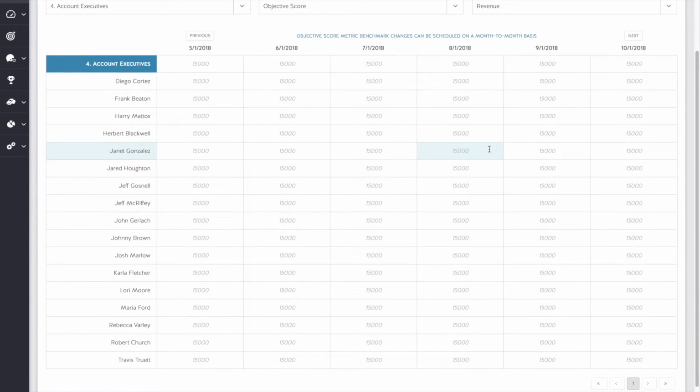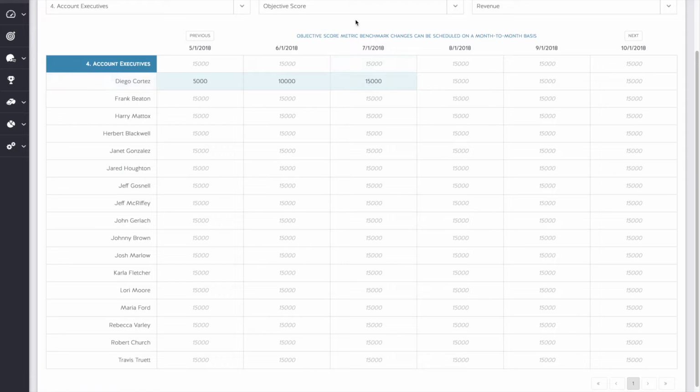Within this benchmarking calendar, you can make changes that apply to one or many of your contributors. If Diego is a new contributor for which a benchmark of $15,000 per month is unrealistic, I can adjust his benchmark here in the Smart Benchmarking Calendar. Adjusting this benchmark to $5,000 in his first month cascades that value across time. I'll then raise that amount to $10,000 in his second month, and then finally up to the total of $15,000